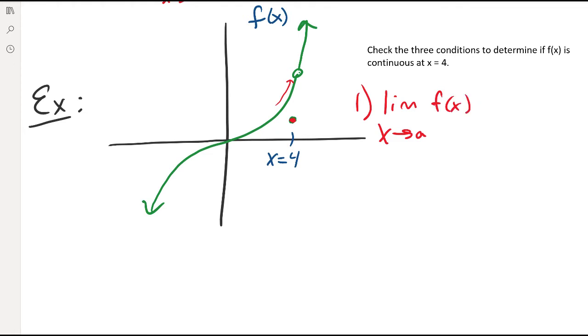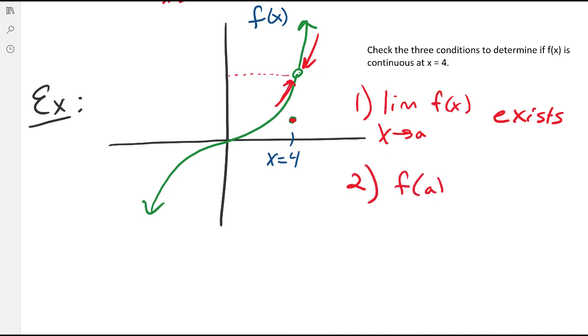Okay? Does it exist? Meaning, as we come from the left, do we get the same limit as we come from the right? Well, certainly, as we come from the left, we can see what the graph is trending towards. As we come from the right, we see what the graph is trending towards. And we can see that the left and the right-hand limits agree on what that limit should be. So because of that, the two-sided limit will exist. So yes, the limit as x approaches a of f of x exists. Secondly,